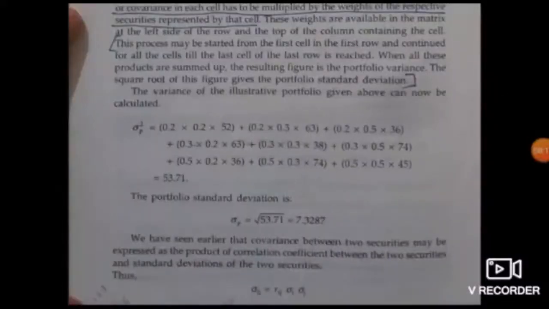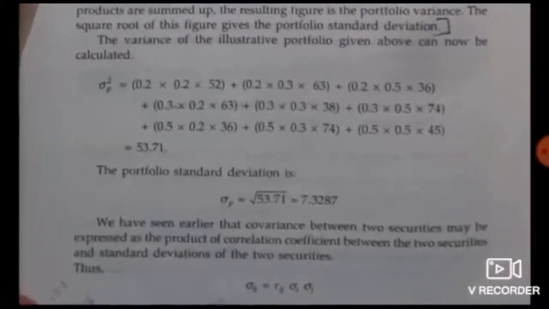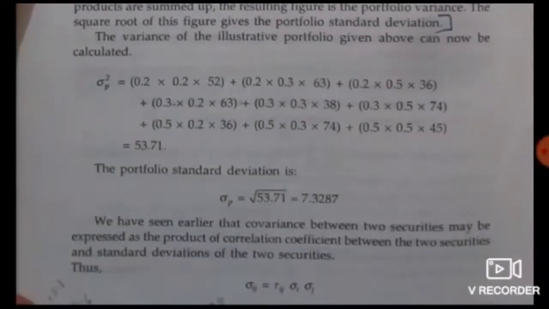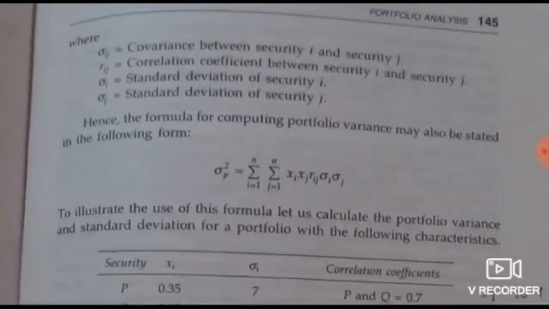Suppose in a question the portfolio variance and covariance is not given, then we have to calculate the variance and covariance. So for calculating the variance and covariance, we had earlier known that the covariance between two securities may be expressed as the product of the correlation coefficient between the two securities and the standard deviation of the two securities. So using that formula, the formula for computing portfolio variance may also be stated in the following form: